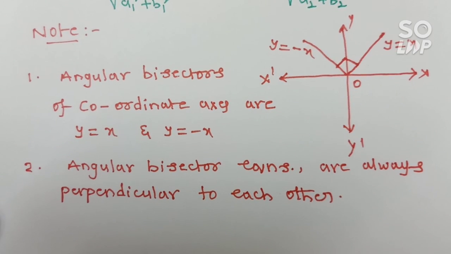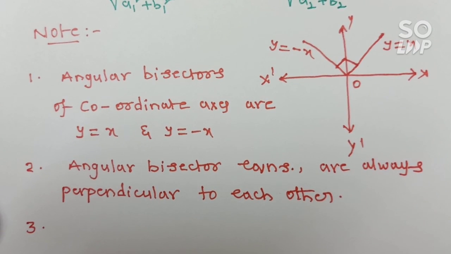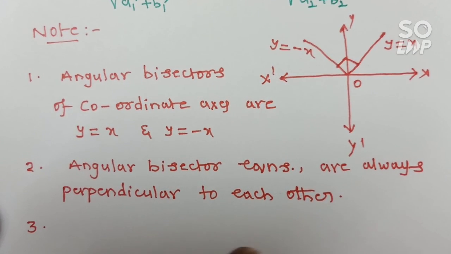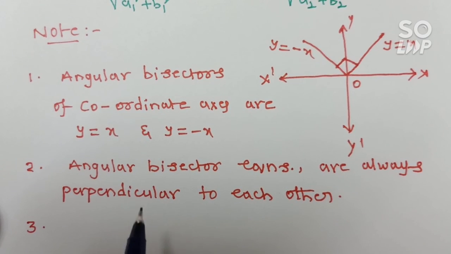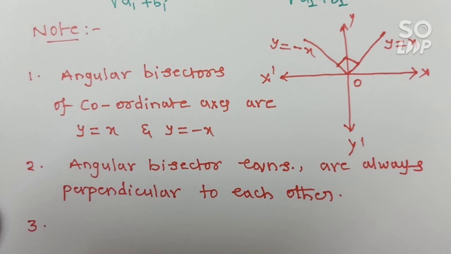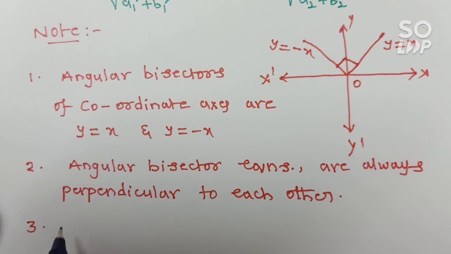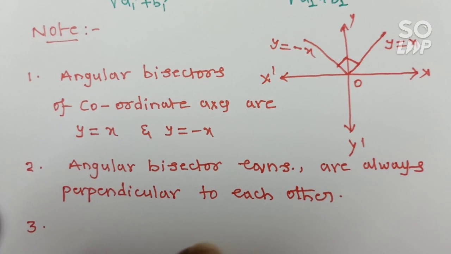The next point is, suppose you take a pair of equations. Actually this point we will discuss in pair of straight lines, but simultaneously I am discussing that point also. Two types will be there. One represents the lines passing through the origin, and the other represents the lines not passing through the origin. First you take the pair of equations which represent the lines passing through the origin. That will be the homogeneous equation.